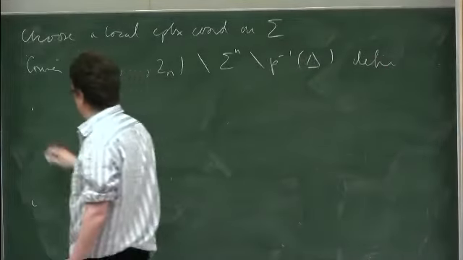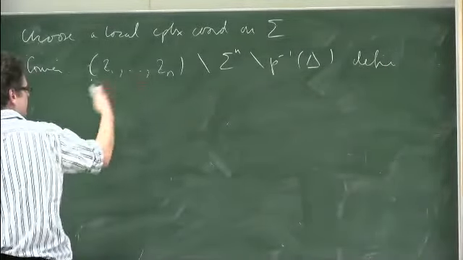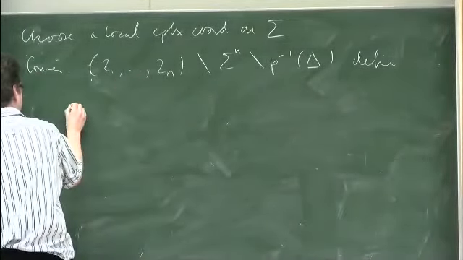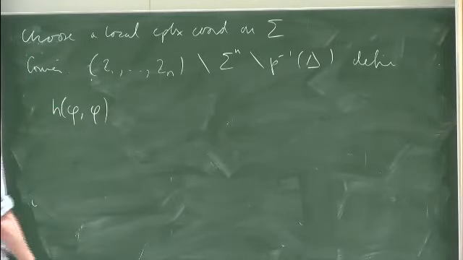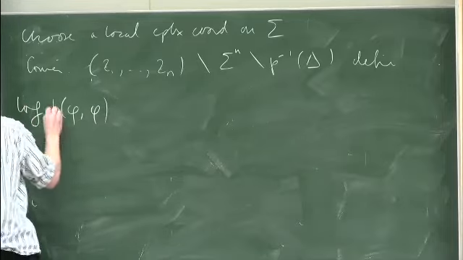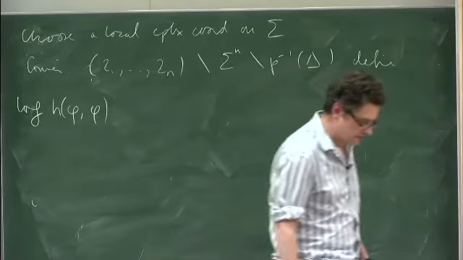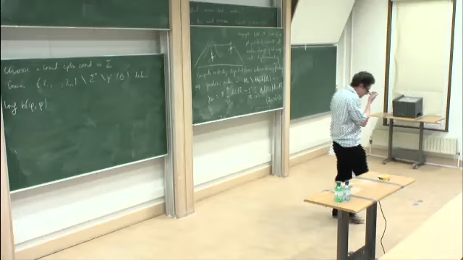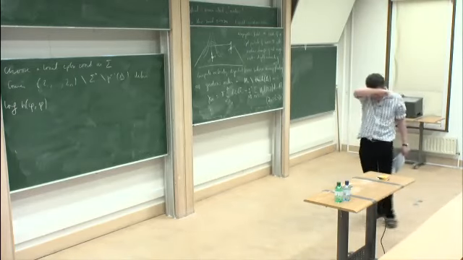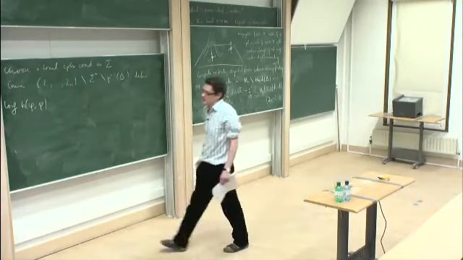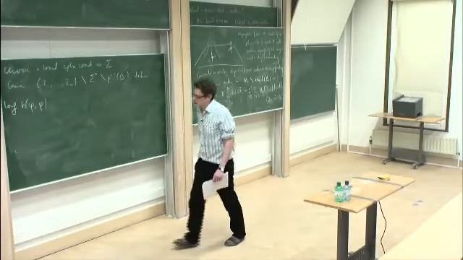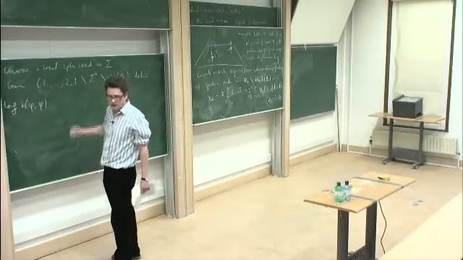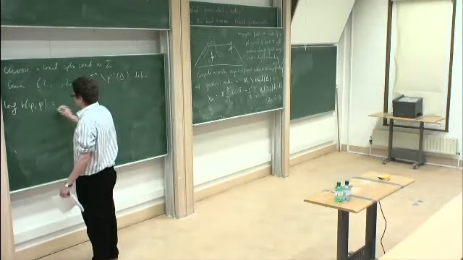Okay, so associated to that there is an n vortex solution. Let's take its Higgs field phi, take its length squared with respect to the fiber metric, and take the logarithm of that. So that is a real valued function on my space sigma, except it's not. It has singularities at the zeros, right, where phi is 0. So let's pick a zero, one of them, z_r say, and write down a